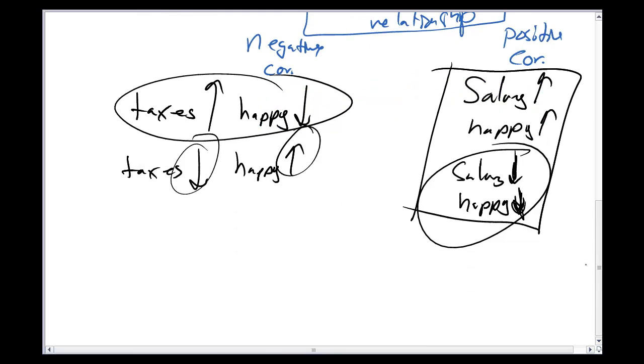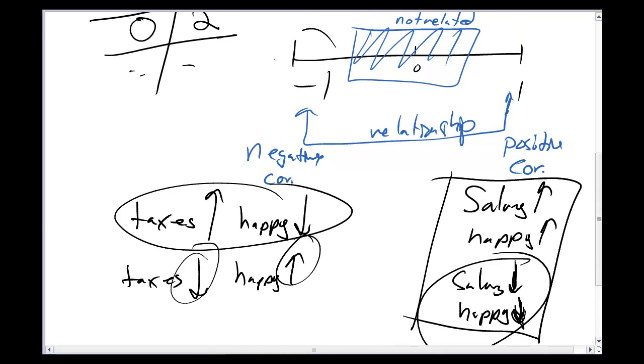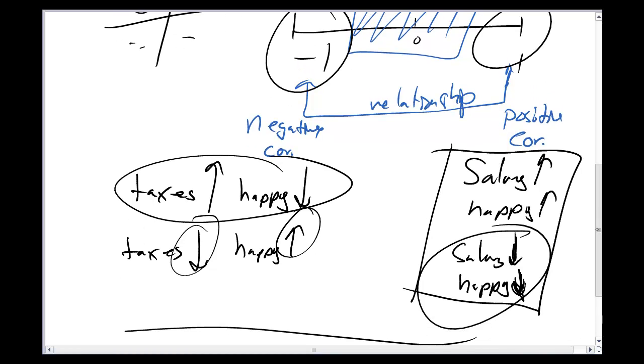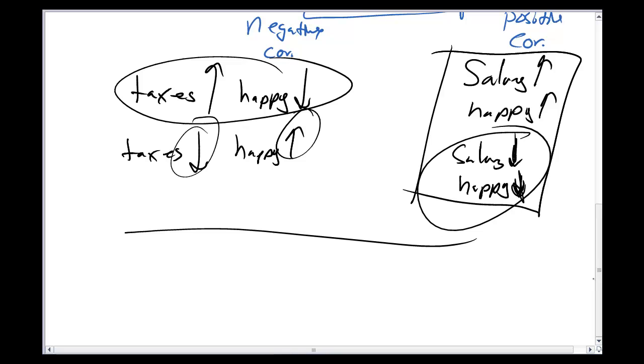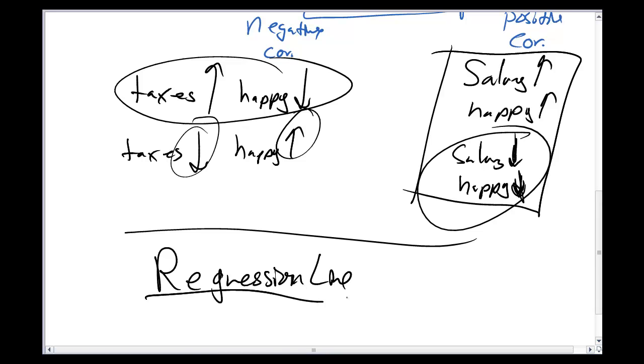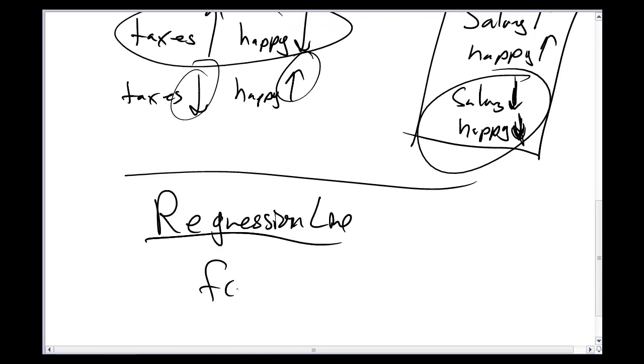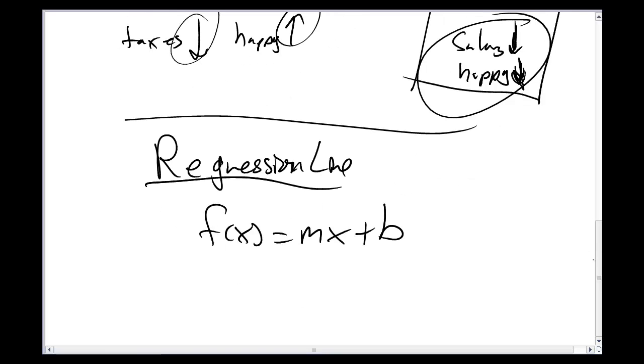Again, when you're working through the correlation equation, don't panic when you see it. Make sure you work through an example to get a feel for what's going on. Once you've found that things are actually correlated because they're on the far side, they're very close to plus or minus 1, and they're avoiding that middle area, then you might want to calculate what's called a regression line. And a regression line is just going to be a function. It's going to be a straight line function because we're talking about linear modeling.